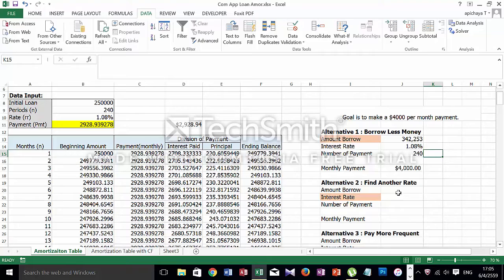Now, what if I want to limit a monthly payment to be $4,000, holding all else constant? What is the maximum interest rate the bank could charge me? So here again, amount borrowed 250,000, interest rate 1.08%, number of payment 240. Monthly payment